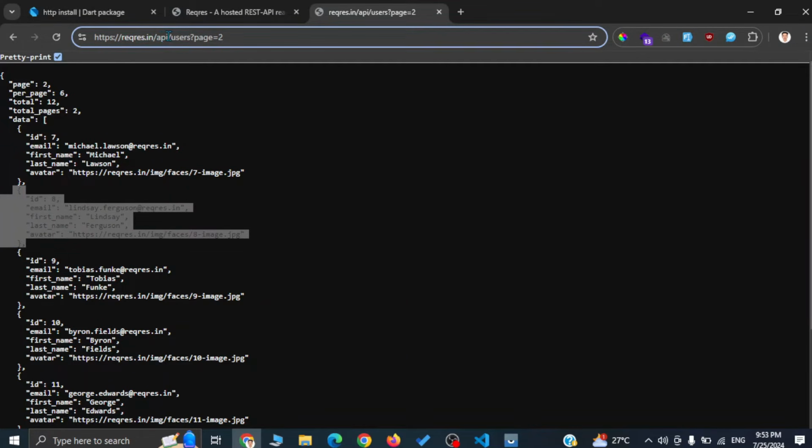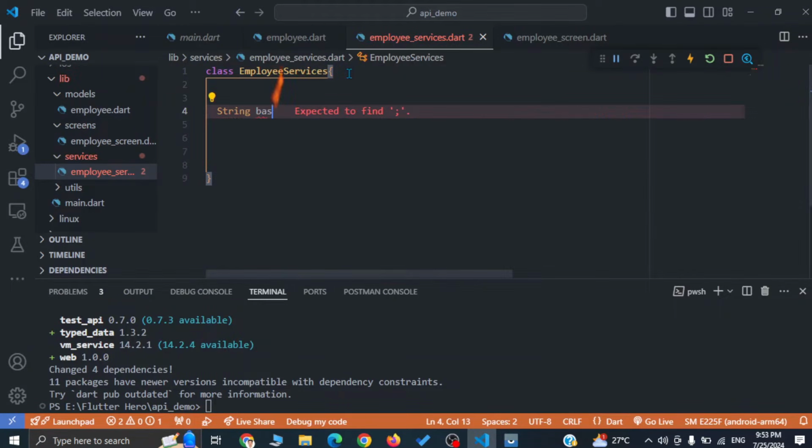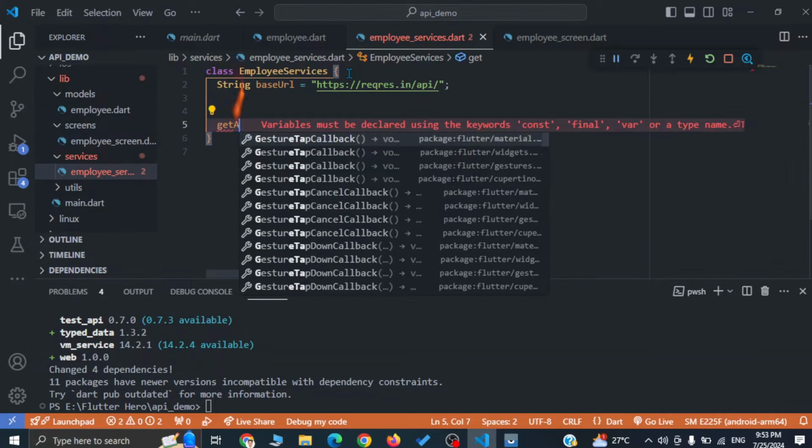Let me grab this and save it in a variable named String baseUrl is equal to the slash API, and let me close it with a semicolon. Now let's make a method whose responsibility is to fetch the data from the server and convert it into a list of objects of the employee class. Let's define the method as getAllEmployeeData,